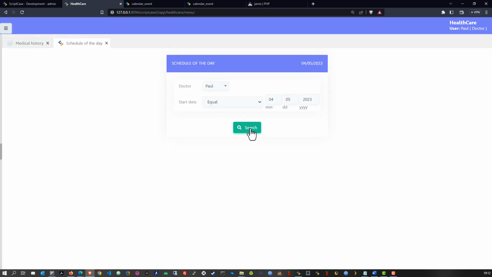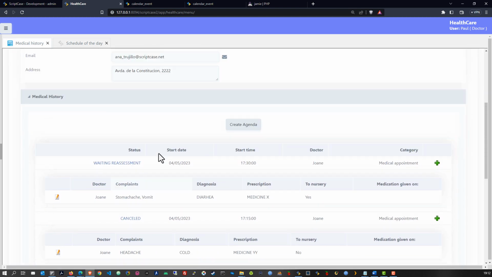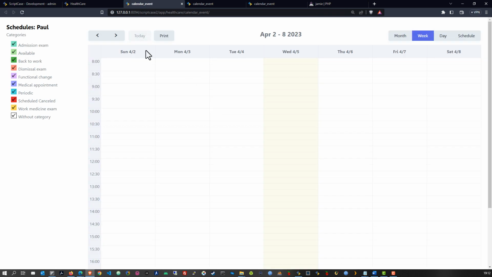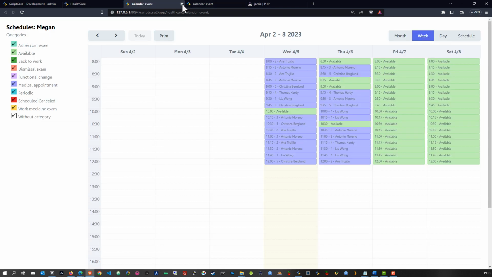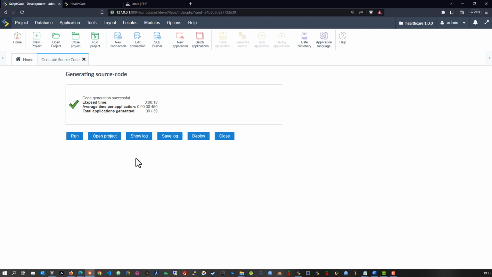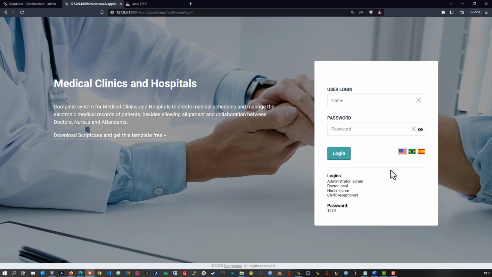And then we have here also the schedule of the day, so I can view the schedules again, and again patient information. And of course the schedule here will be the doctor's schedule, and again we have there the same chart that we were viewing here and here, and of course those are all available there. So let's log out first of all and check the admin here,